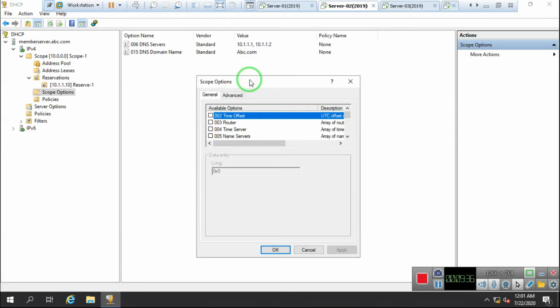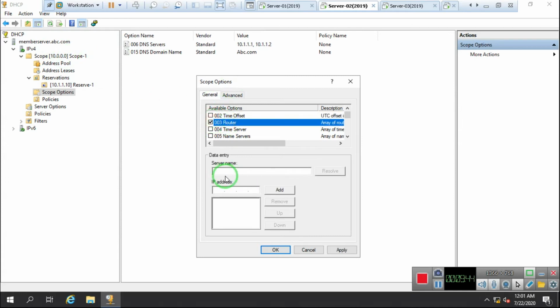So I need to assign the router IP address in the particular scope which is already created, Scope 1. I check Router and give the router IP address. Imagine my router IP address is 10.1.1.100. I click Add and then Apply. Now, as you can see, the router IP address is added.